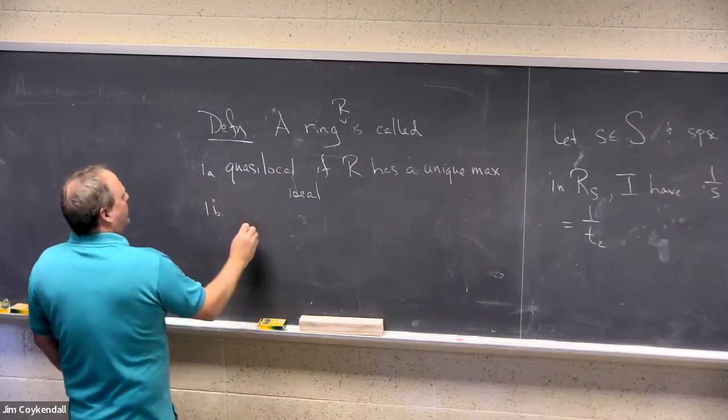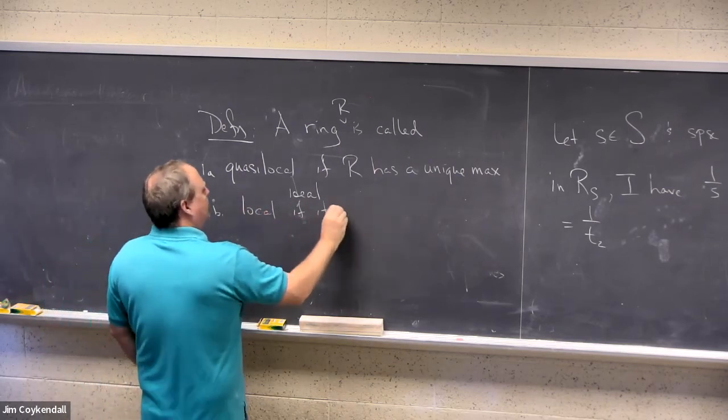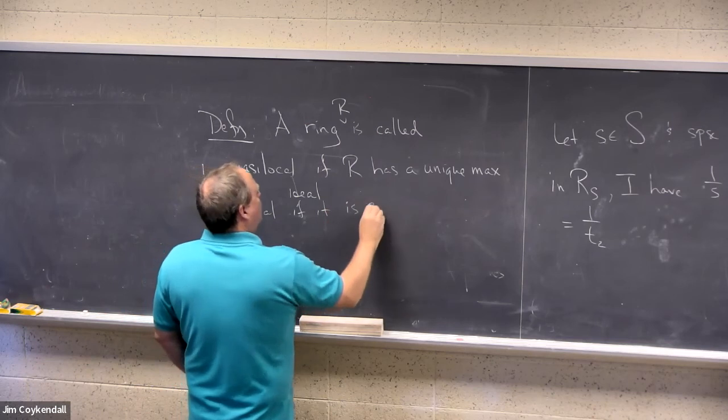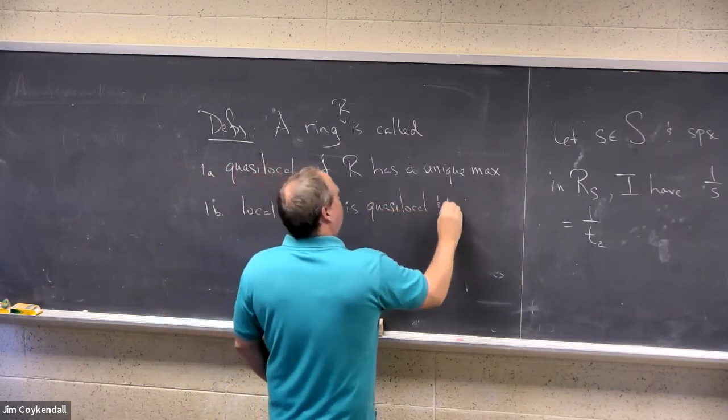R is called local if it is quasi-local, and here,